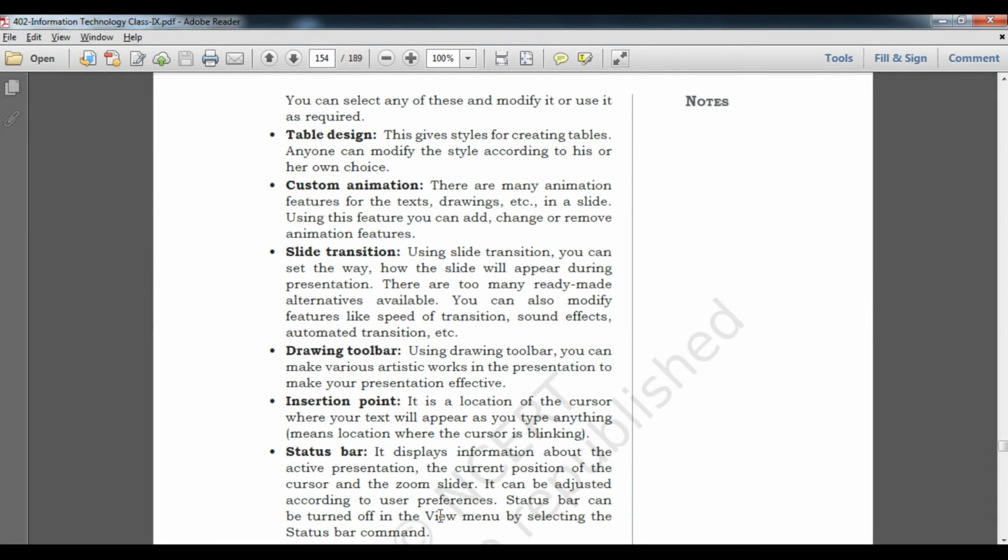Now table design, students, this gives you styles for creating tables. Anyone can modify the style according to his or her own choice. Suppose you are going to create a table in Open Office Writer, you have seen you can design the table according to your style also. Custom animation, yes students, with the help of custom animation there are many animation features,